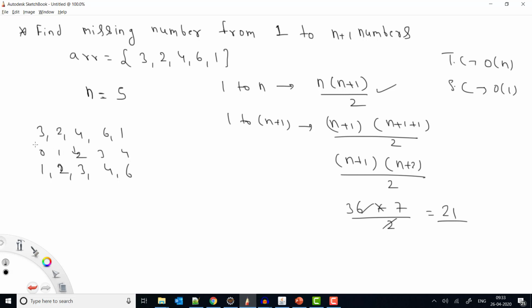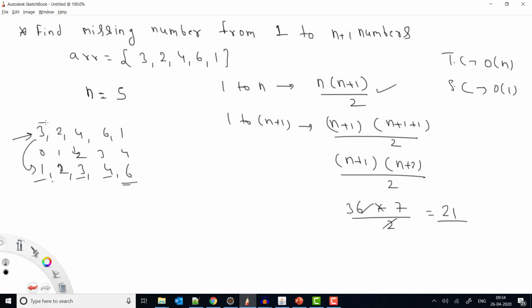So first of all, we'll sort all these values in a proper manner. Once I do this, I can easily check that if any value is not equal to i plus 1, then that is the missing value. Like in this case, 1 is 0 plus 1, 2 is also fine, 3 is also fine, 4 is also fine. But here, if you see, this is 6 and this is not 4 plus 1. So which value is missing? The index plus 1. So it means the fifth value is missing, right?